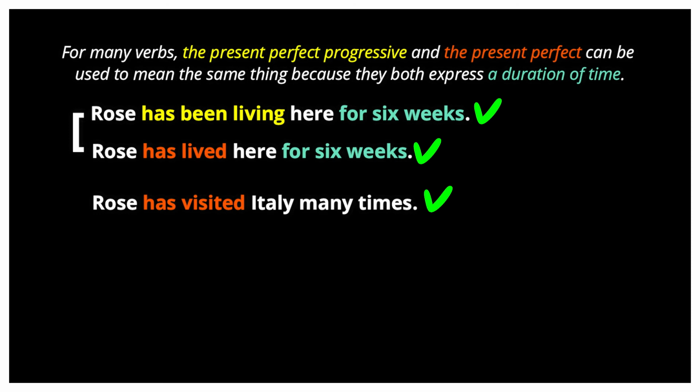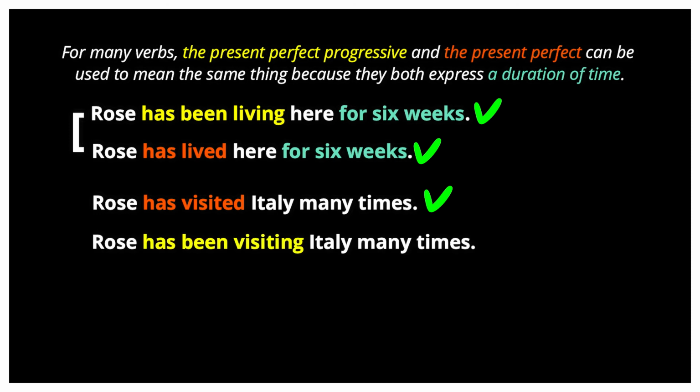Now, to see the difference, just look at the sentence. Rose has been visiting Italy many times. Now, when we use the present perfect progressive, we're talking about an activity that's occurring now. This sentence is not explaining that. This sentence is explaining the number of times that Rose has visited Italy. Okay, it's not talking about a temporary activity that's occurring now that started in the past and is continuing now. It's talking about experience. All right, that's really where the difference is. It's the experience of many times, unspecified times in the past. And that's the present perfect tense.